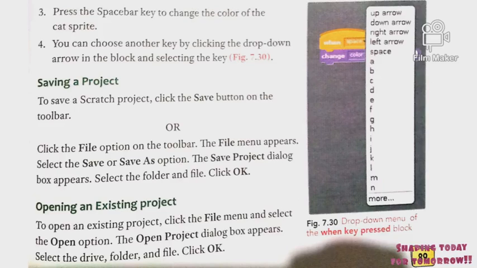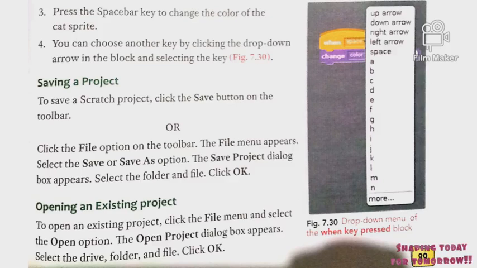There is a list of all the keys provided here in the drop down menu arrow. You can choose the up arrow, down arrow, right arrow, left arrow, space, or if you want, any alphabet key also. Whenever you click on the key that you have selected, the cat sprite will change the color.